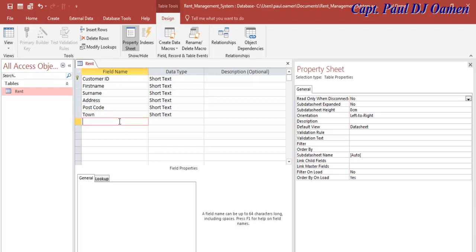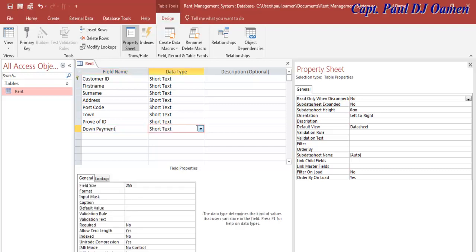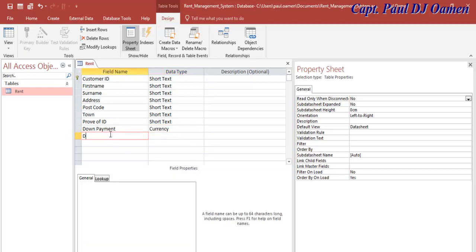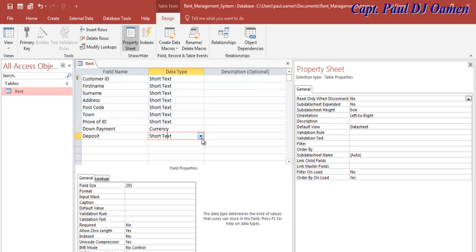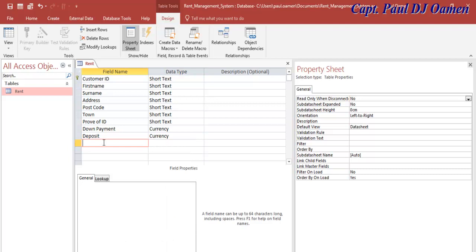And let's say proof of ID. Down payment, and down payment will be currency. Then deposit. That will be currency as well. And let's come in here. The next one,